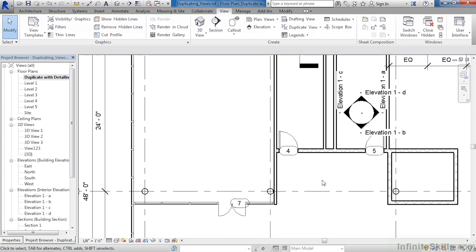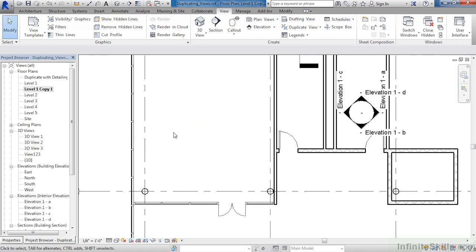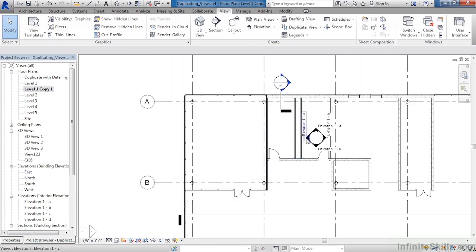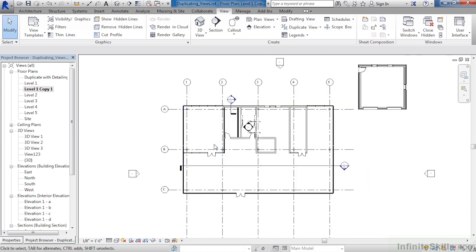There are two other kinds of duplicating that we can do. Move your cursor over and once again select on Level 1, right-click, and this time move your cursor down, highlight over Duplicate View, but now select on Duplicate. You will notice that all the annotation is now gone. There are certain things such as these elevation tags, as well as the column grids, which stay around. All the dimensions, any pieces of text, all of the tags for the doors and windows have now went away